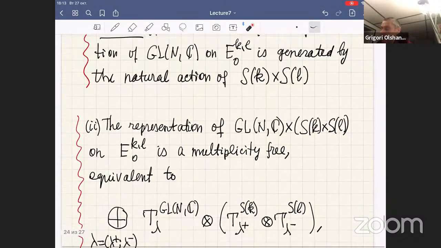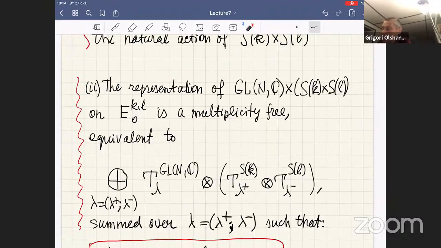The second claim is as follows. On this space of traceless tensors, we obtain a representation of GL_N and the product of two possibly different symmetric groups. This representation is again multiplicity free, and we are able to describe explicitly its structure. So we have, as before, a tensor product of one representation from here and another representation from here. And